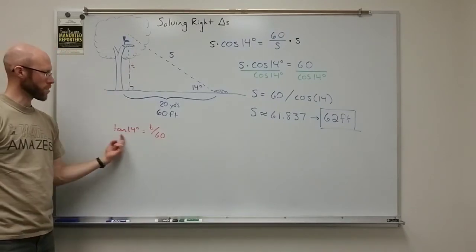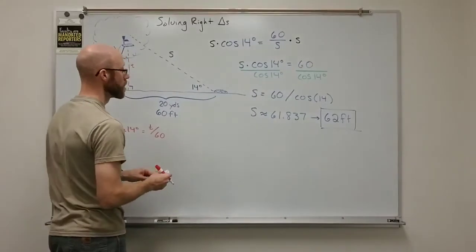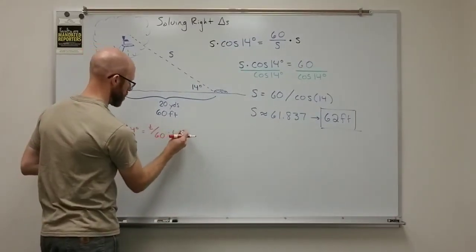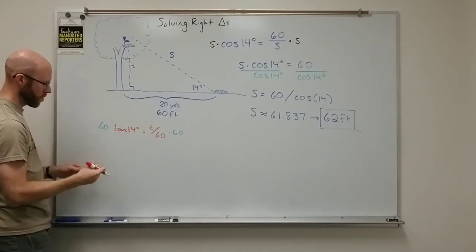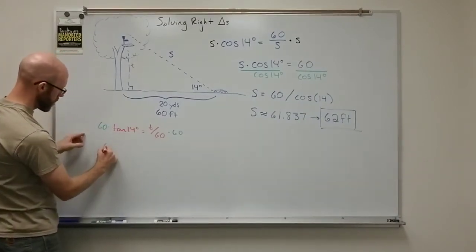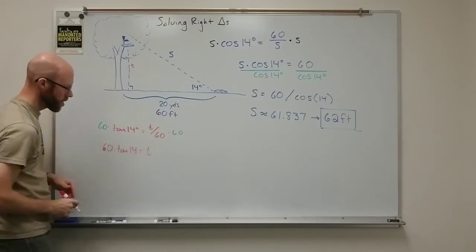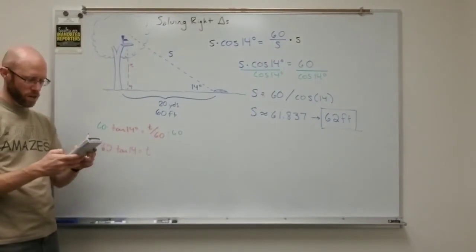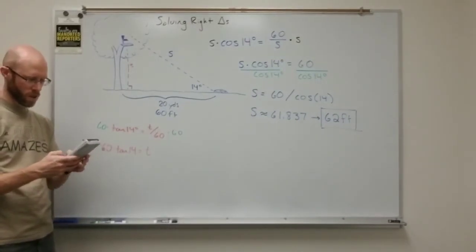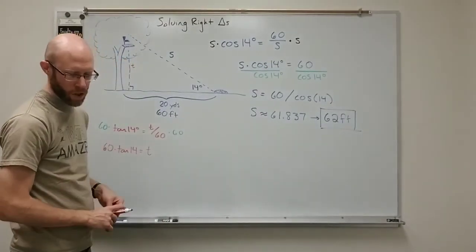And if I then multiply both sides by the 60, multiply by 60, we'll get the value of T. 60 times the tangent of 14 equals T. And of course I could type that into the calculator. 60 tangent 14 parenthesis looks to be about